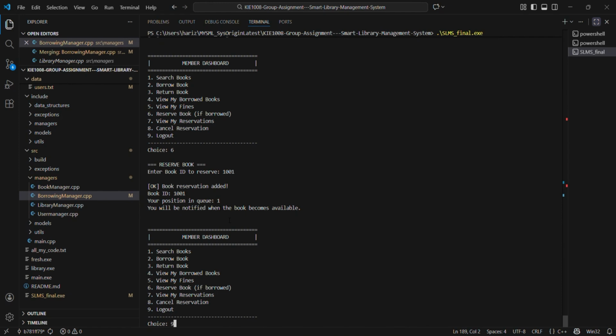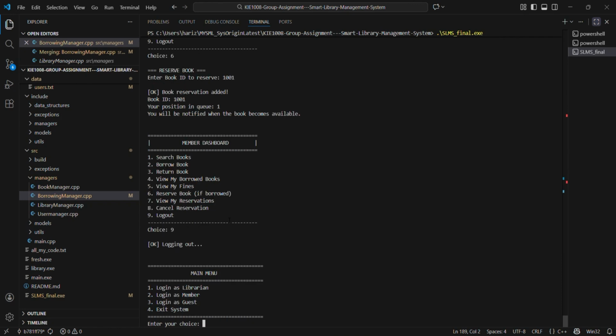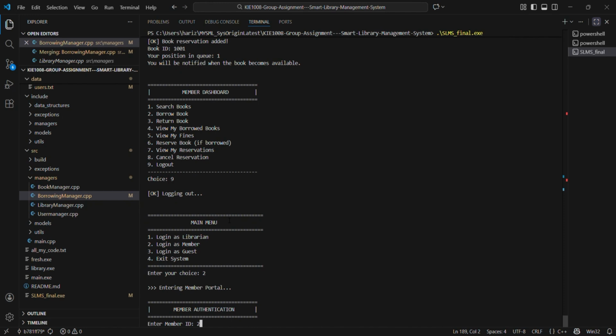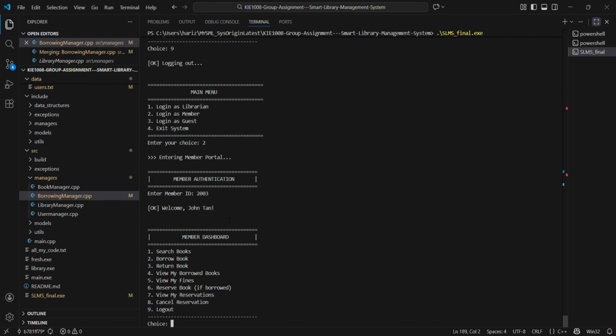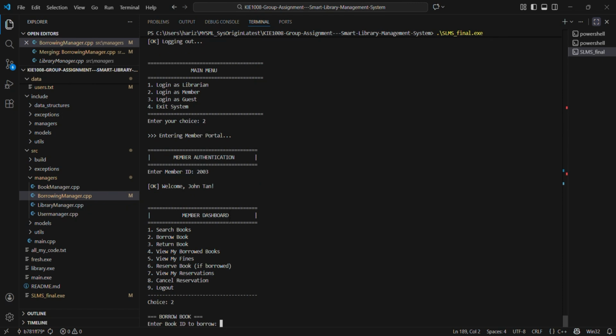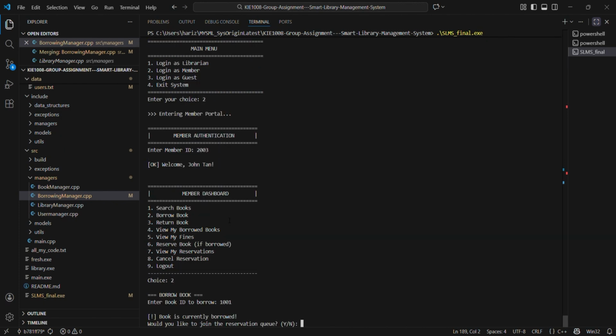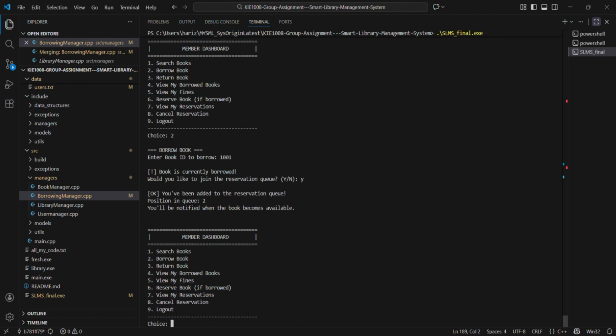Let's log out. Let's try a different user. Let's say I am now John Tan. I want to borrow a book, and let's say I want to borrow the same book, the Harry Potter book. It will notify you that the book is currently borrowed. They will ask you if you want to join the reservation queue. Just press yes, and now you are added to the queue, and you are in position 2 because number 1